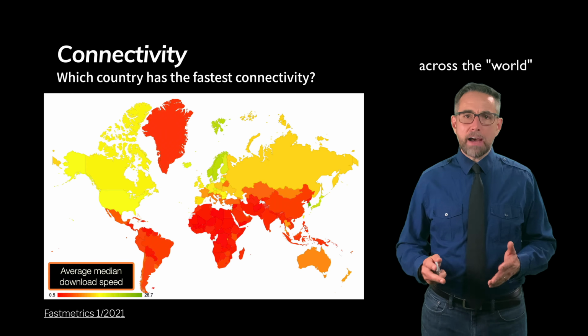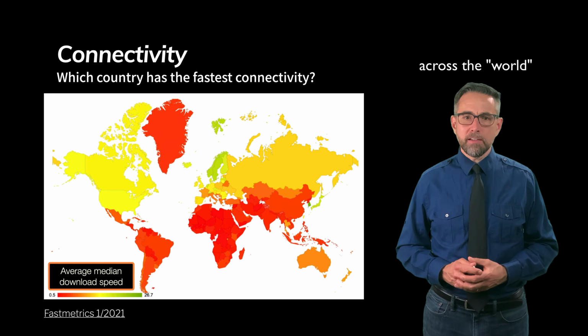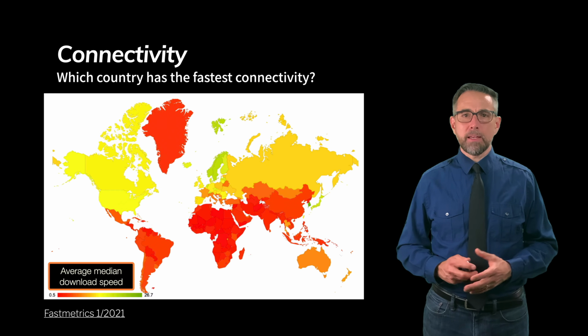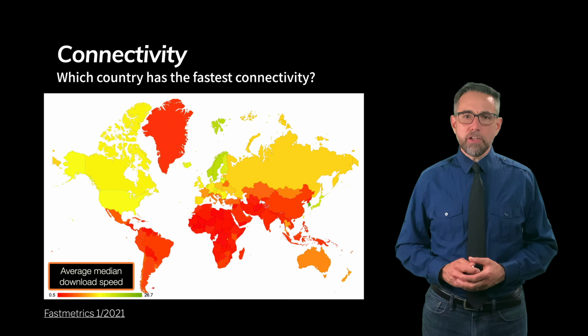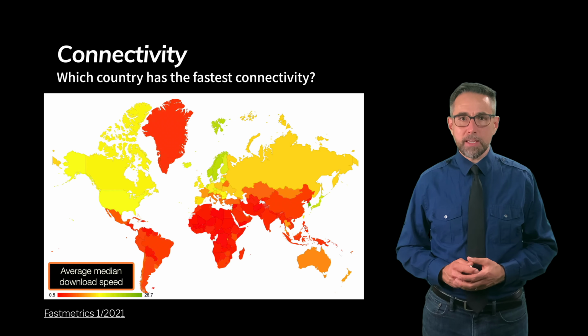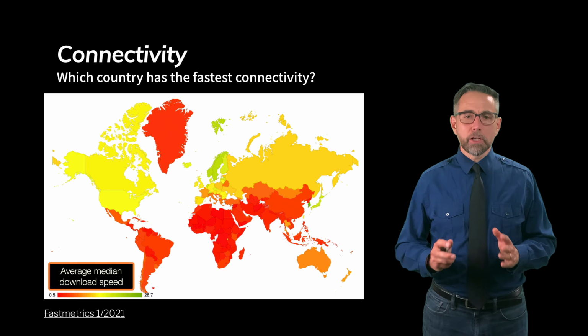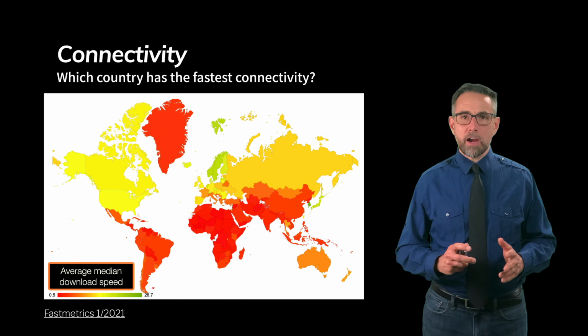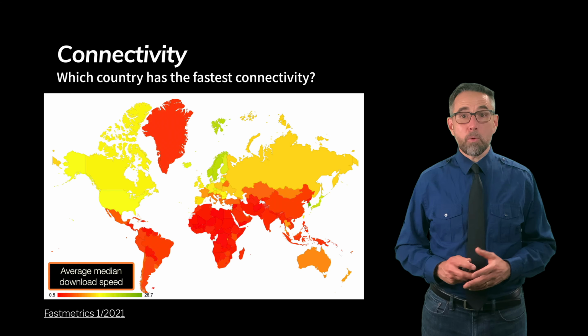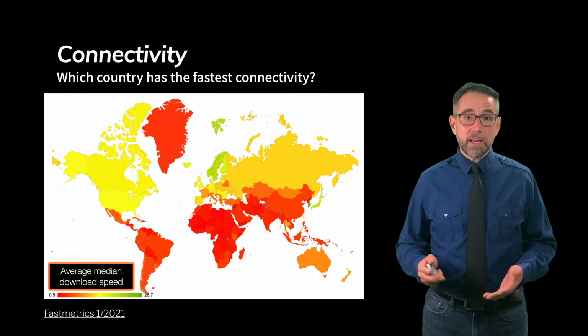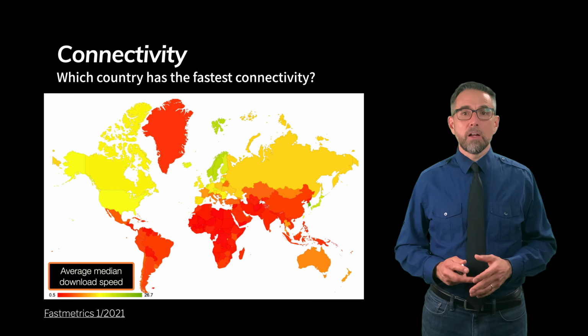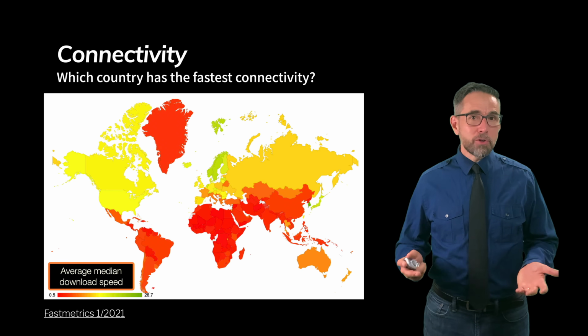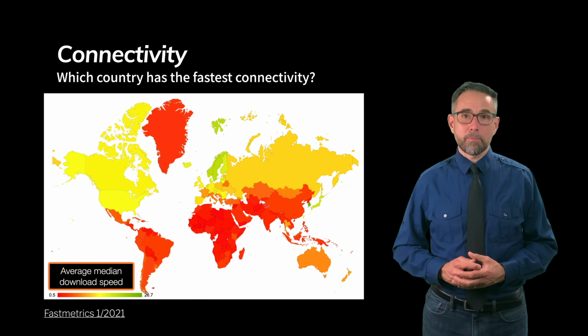So here's another graph, slightly different collection of data, showing the average median download speed colored and shown in a map form. And you can see that Northern European countries have very high download speeds. And you can also see that Japan and South Korea have very high download speeds. Some little bits of green sprinkled around in there for those small countries. And then you can see that when a country becomes large, it's hard to break into those green colors. If you want to be yellow and you are a large country, you also have to have some degree of wealth that you can leverage in order to build that out.